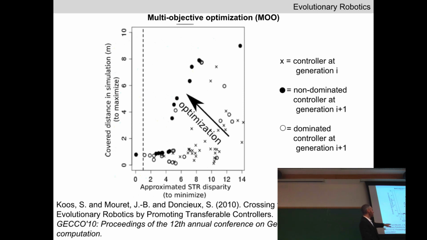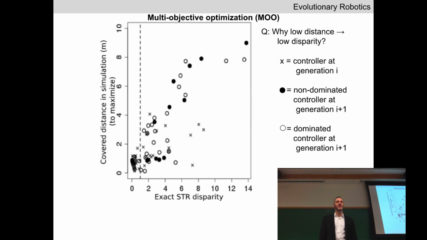You'll notice on the horizontal axis here, they mention approximated disparity or approximated distance. What that means is they're approximating or predicting disparity before they've transferred these controllers from simulation to reality. Which should raise yet another question in your mind. How can they approximate transferability before you've transferred the controller? We'll come back to that also in a moment. So they took all of these controllers, they approximated disparity, and I'll tell you how they did that in a moment. Then they took all those controllers, actually sent them to the physical robot, and got this picture.